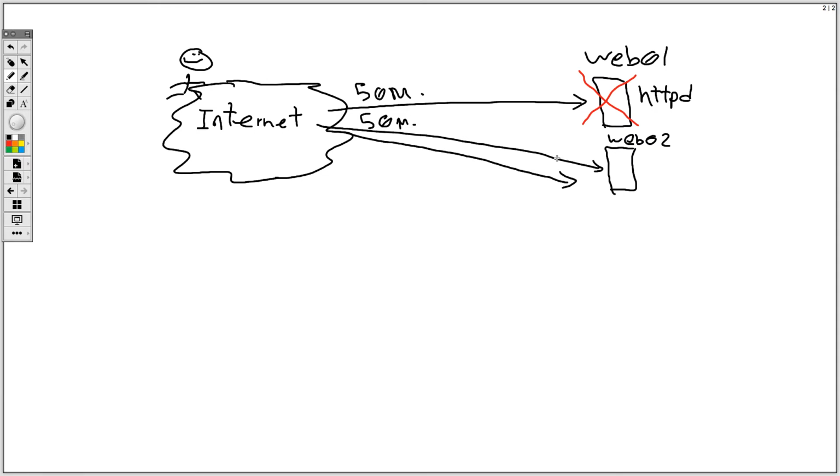We should do this smoothly behind the scenes. We should do this in a way that our clients don't notice that one of our web servers goes down. So this is a problem. So what we can do in this scenario is